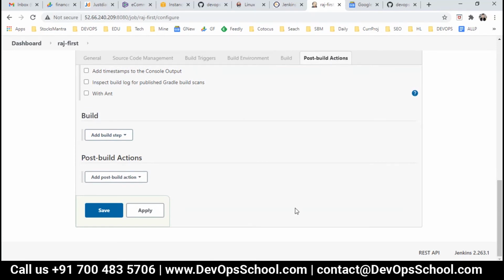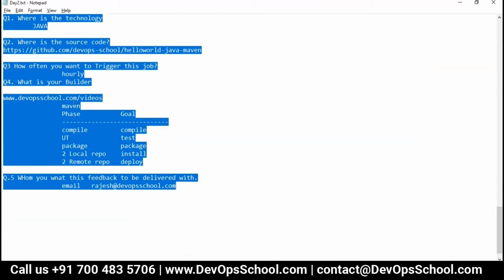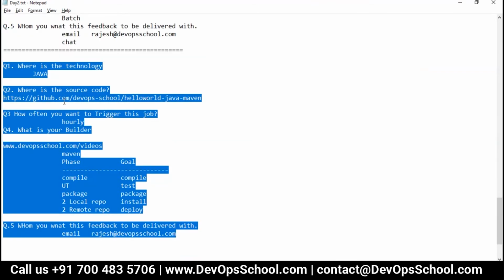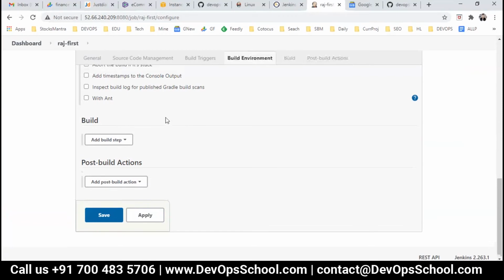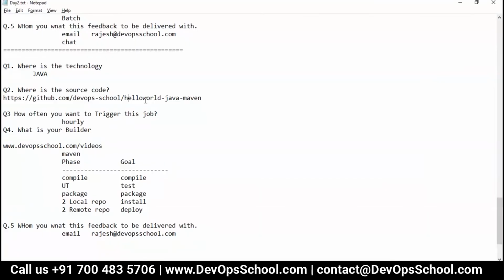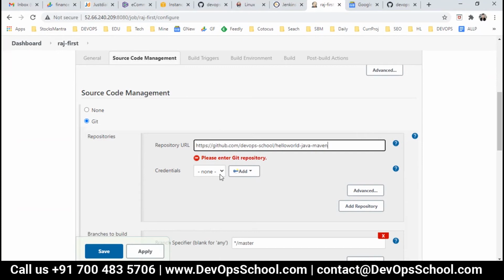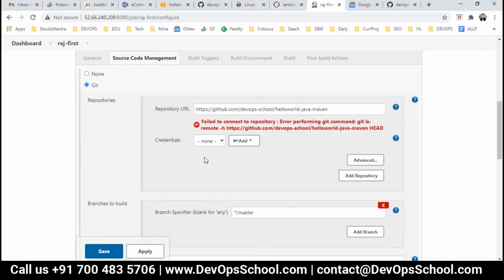So guys, I'm not going to check out every option in the first phase. I will just stick to my objective. My objective is this one. So, setting up the first job. Here what I'm going to do: source code management, Git. And here I will select this project. So step number 1. This is the stuff. That's all.